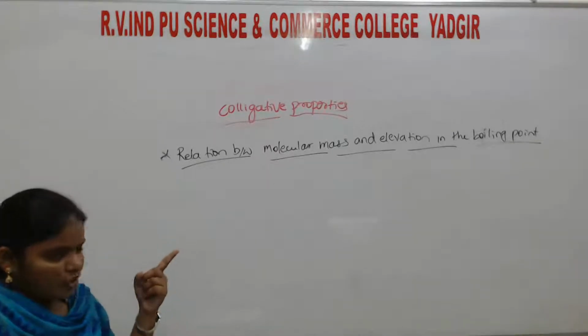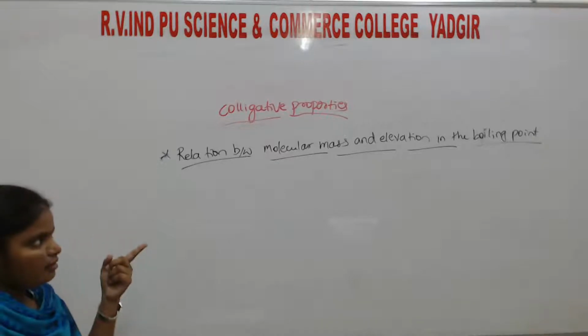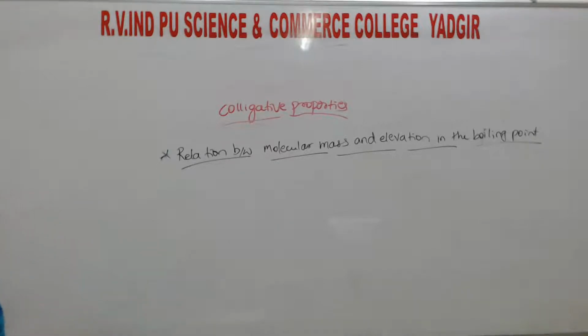I already told you the relation between the molecular mass and the elevation in the boiling point. By measuring the boiling point elevation of a solution of known concentration, it is possible to calculate the molar mass, that is, the molecular mass, of a non-volatile